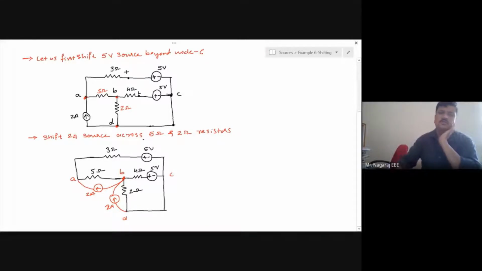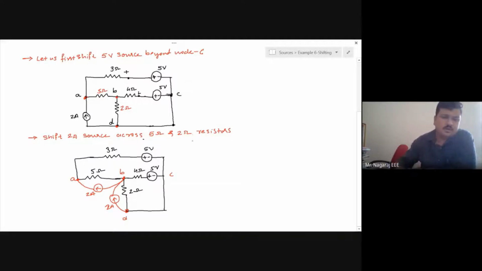So here if you see the original circuit, there is no connection of the 2 ampere source to node B. It means that the current of this source has no effect at node B. Even when the sources are connected at node B, the moment 2 ampere current enters here, it will exit. So in the other part of the circuit, this 2 ampere current will not flow through node B. That is important. It may be flowing through node A, it may be flowing through node D, but through node B, this current has no effect in the circuit. So therefore, the remaining part of the circuit will remain unchanged.